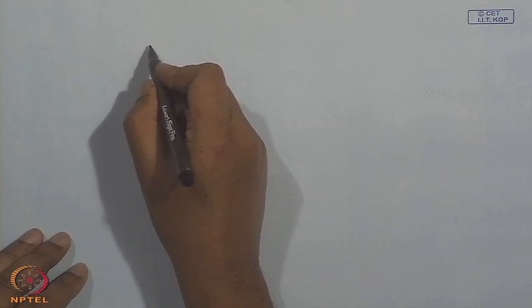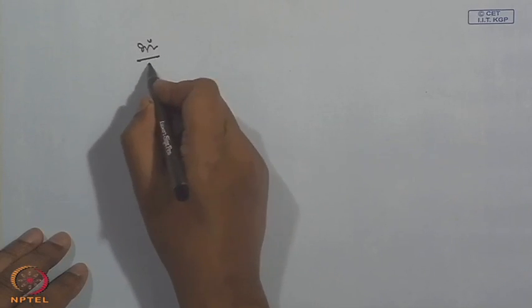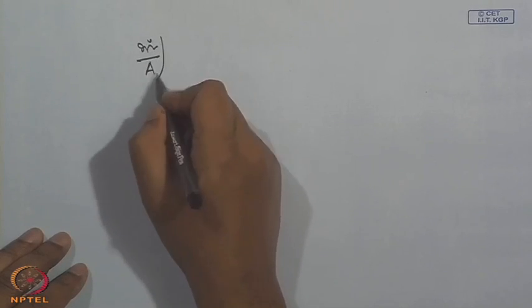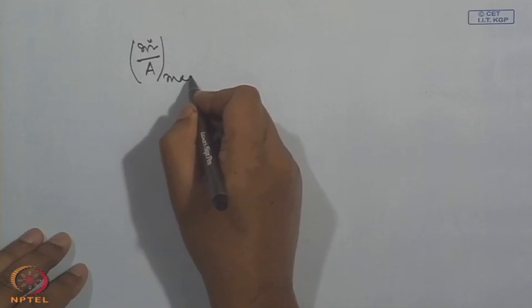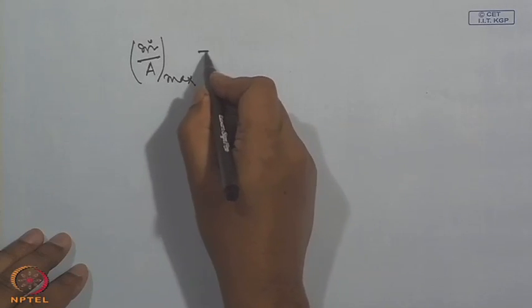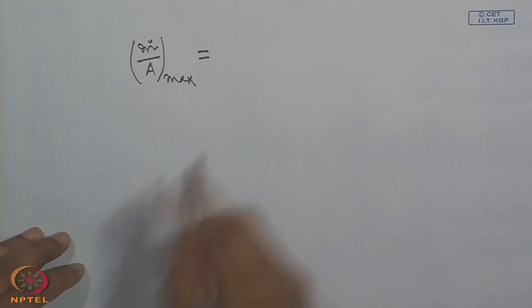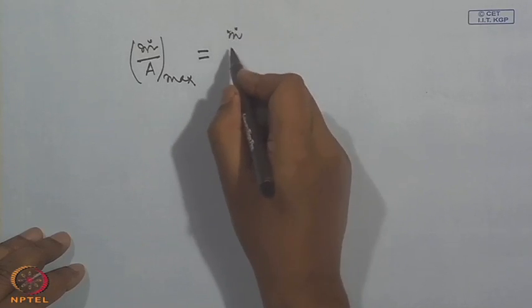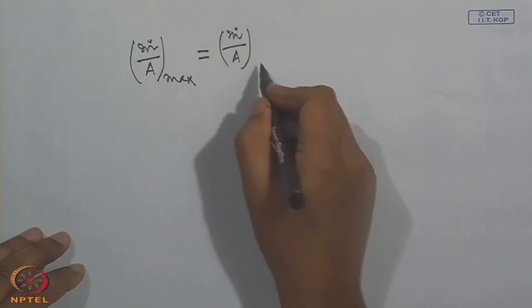And we can see that then the maximum mass flow rate, m dot by A maximum, when M is 1, and this is